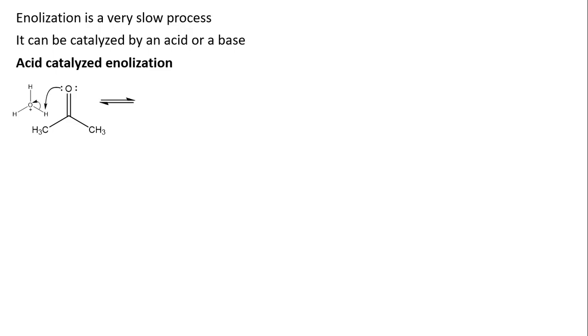The catalyst can be an acid or a base. So let us see first the acid-catalyzed enolization reaction. We can start with an acetone molecule, as we know that the acetone molecule has a carbonyl group which has an oxygen, and the oxygen has lone pairs of electrons. These lone pairs of electrons can capture a proton from an acid, and then this carbonyl group will be rendered more electrophilic, and